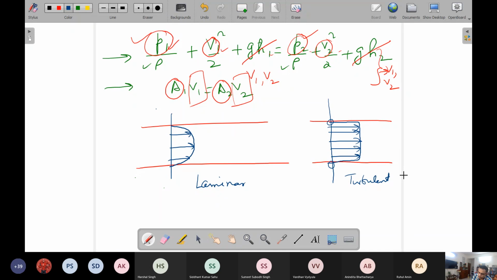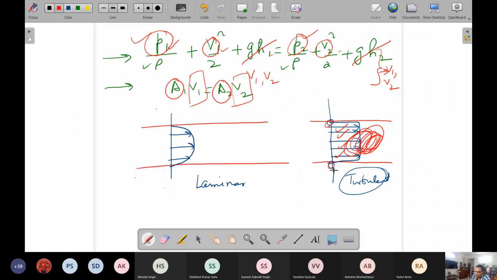In turbulent flow, because there are lots of fluctuations, this is a statistically averaged plot of the velocity vectors across the section. For laminar flow there is no question of averaging, because everything is smooth. In turbulent flow you see this because there is such a lot of inertial effect in the flow that there is vigorous mixing. Because of vigorous mixing, there is a homogenization of velocity across the various fluid layers, and that makes the velocity statistically almost uniform, except at the wall where it has to be 0.